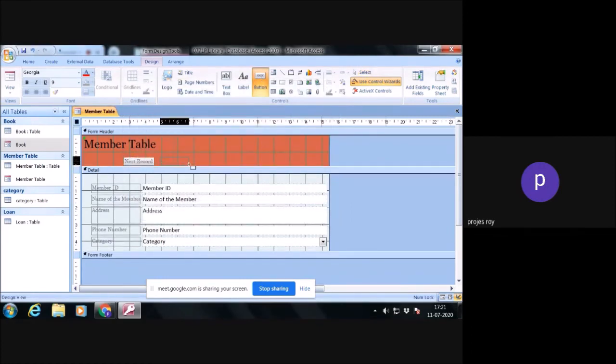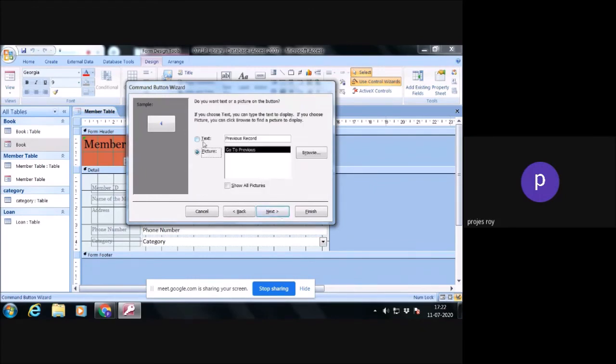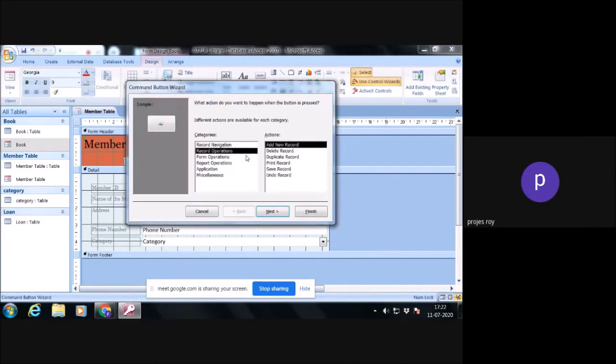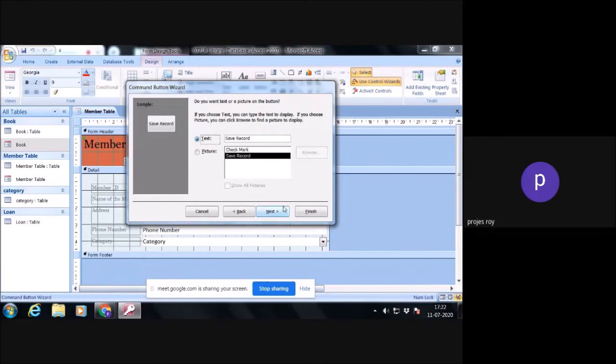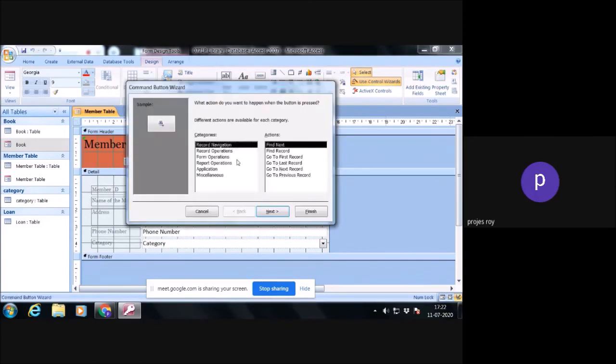Again, you can put over here previous record, next, finish. Here you can do another important data operation, save record, next, finish. Here you can do another important form operation, close form.